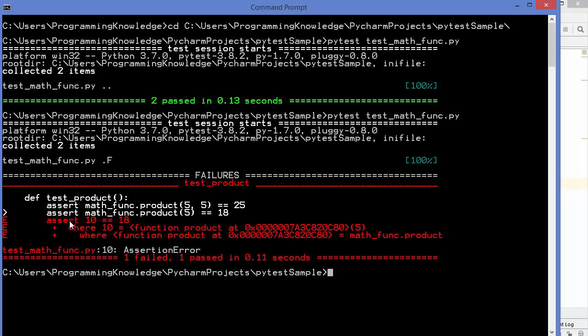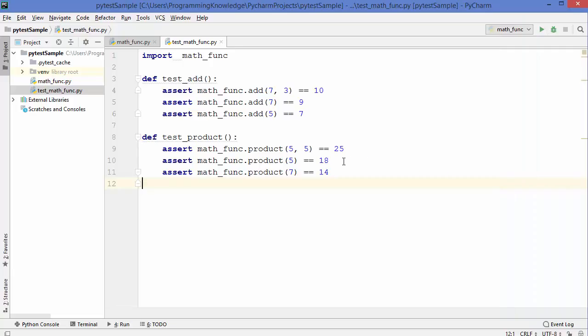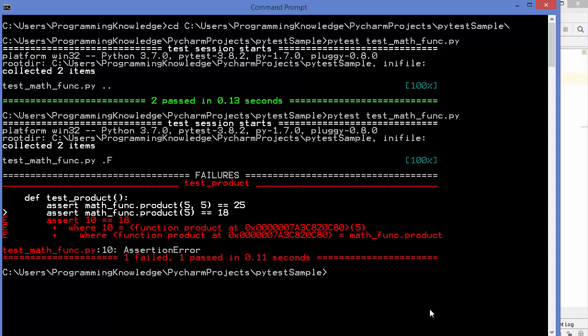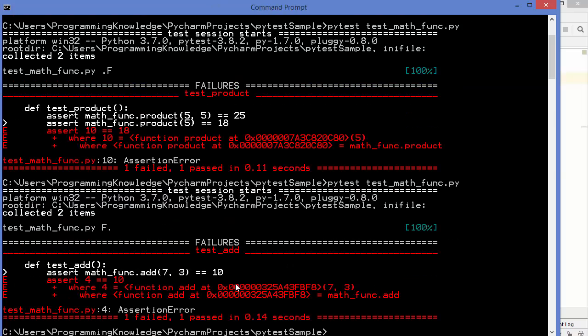So the assertion failure happened at this assertion, where you are just testing 10 is equal to 18, which is wrong here. So once again we are going to correct this. Also, let's say some developer has changed the function which you are testing. Instead of returning the addition, now I'm going to return the subtraction, which is going to break the test now. So I'm going to run the test once again, and once again it's going to give you the error,